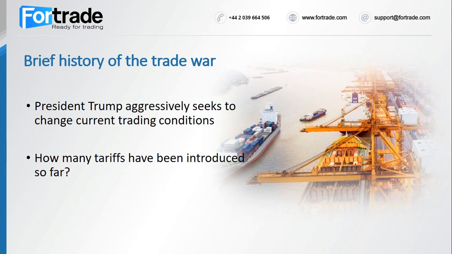Since Trump's election, the world's two largest economies, the US and China, have been locked in an escalating trade battle. In 2017, the US launched an investigation into Chinese trade policies and has steadily imposed tariffs on Chinese products from 2018. So far, the US has imposed 3 rounds of tariffs on Chinese goods, totaling more than $250 billion. China has responded by saying the US has launched the largest trade war in history and used its own tariffs against the US worth $110 billion.